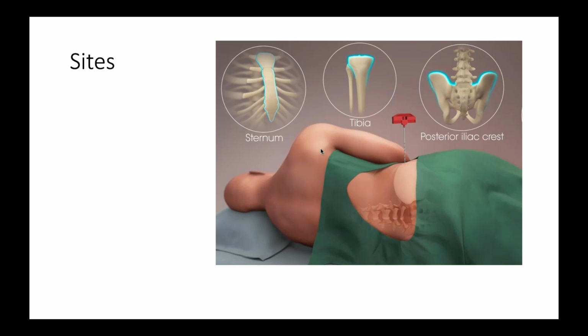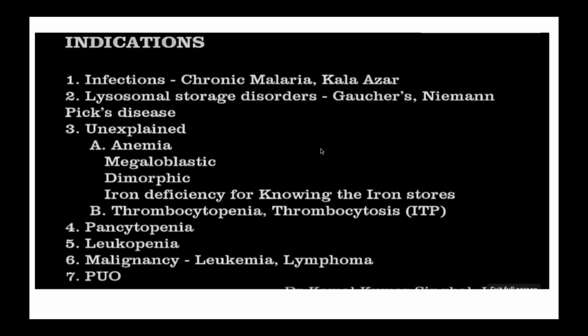And what are the indications for doing bone marrow aspiration? So it can be done for, as you people said, acute leukemia. Whenever you are suspecting leukemia, you can do it for confirmation. And other indications would be for chronic infections. For example, you suspect malaria, but you're not getting a clue on the investigations done on peripheral blood, then you may go in for bone marrow. For Kala Azar also, you can do bone marrow aspiration, and that aspirate can be sent for microscopic examination as well as for culture in a medium. Then whenever you suspect storage disorders like Gaucher's and Niemann-Pick's disease.